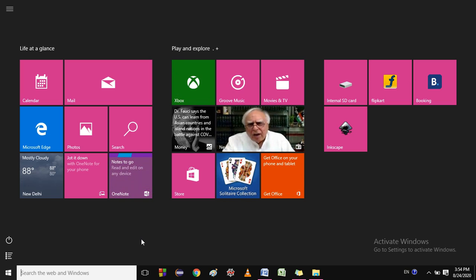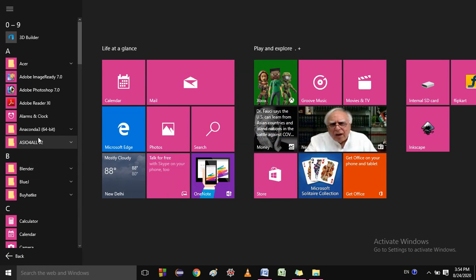Third one is right click the app. Next, the app context menu appears, definitely it will appear. Next one, click pin to start. So pin to start means this one, I have shown to you. If I want to send this alarm and clock, pin to start. So I will right click on the app, this app context menu appears, pin to start. Okay, a tile for the app appears under the existing tiles.